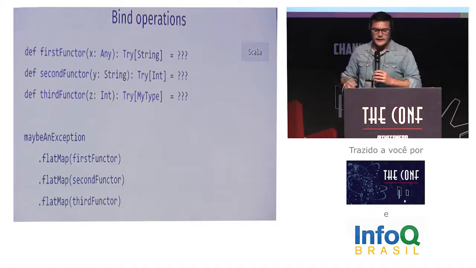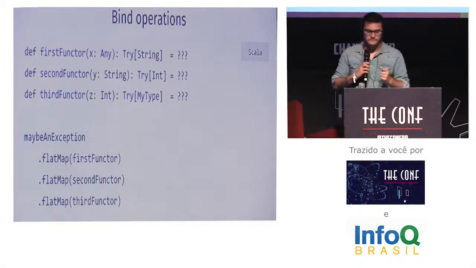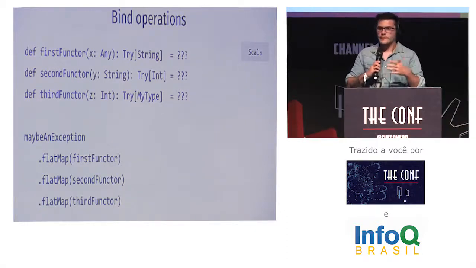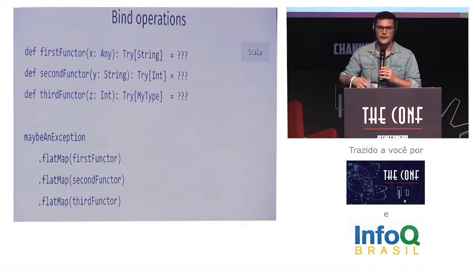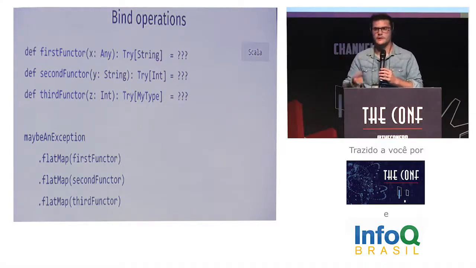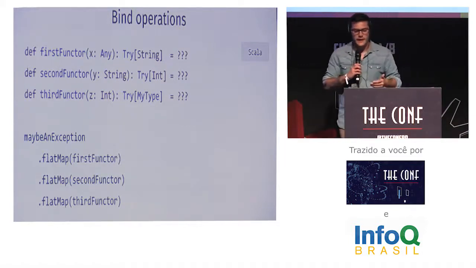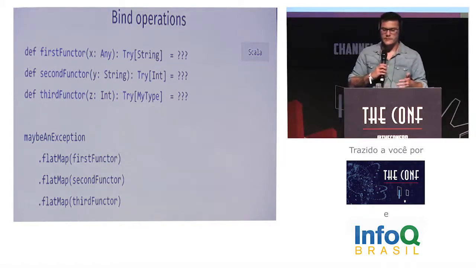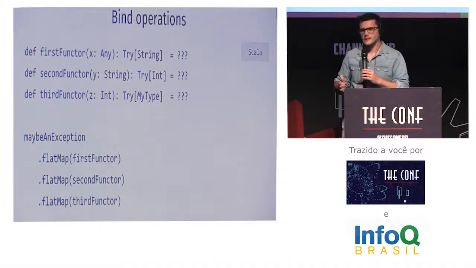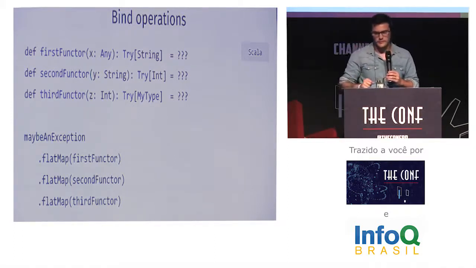And another advantage of the monadic try is that you can handle exceptions in one single handler from any of the functors. If any functor raises exceptions, you can catch the exceptions in just one place of your code. This is why the monadic try is far better than a simple try-catch, because you can chain together and have just one catch exception, and so on and so forth.